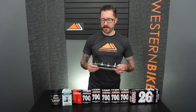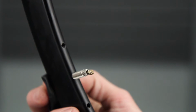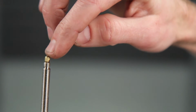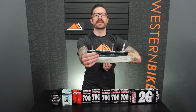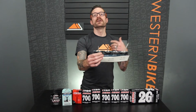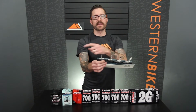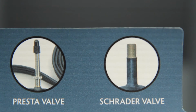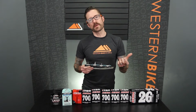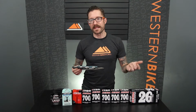The second valve type, becoming a lot more common, is what's called the presta valve, sometimes called the French valve or the Regina valve. This is smaller in diameter, but it also has this little threaded valve core that you need to thread up in order to inflate and deflate the tube. Common misconception is that the presta valve holds pressures better because we see them on road tires that have higher pressures. Not the case. They both hold air just as well. The reason for the smaller valve is because it required a smaller hole drilled in the rim, and early road racing rims, very lightweight, skinnier, so you wanted to drill as small a hole as possible to maintain the structural